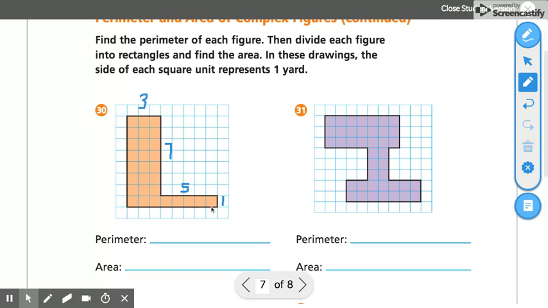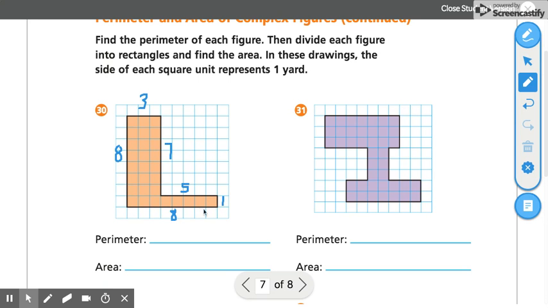And then we have this huge piece down here. 1, 2, 3, 4, 5, 6, 7, 8. And then lastly, this piece here. 1, 2, 3, 4, 5, 6, 7, 8. So I have all of my sides labeled. Now, once I've labeled all my sides, I want to add those up to figure out what the perimeter